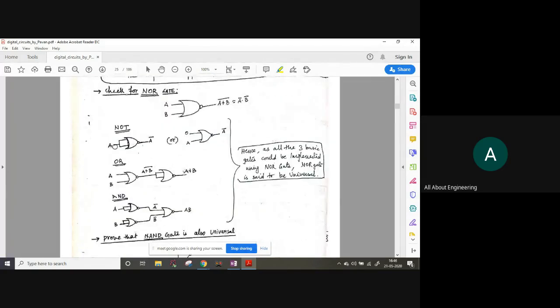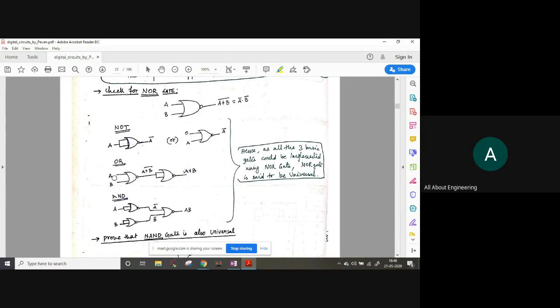If you look here, if we are at present checking for NOR gate, so if A is given as input to both inputs, A plus A is A and the complement of that will be A bar. So inverter is obtained. So there is also other possibility. If one input is 0, then 0 plus A is A and the complement of that will be A bar. So in this way you can design NOT gate.